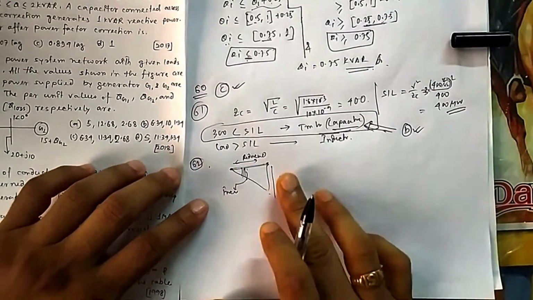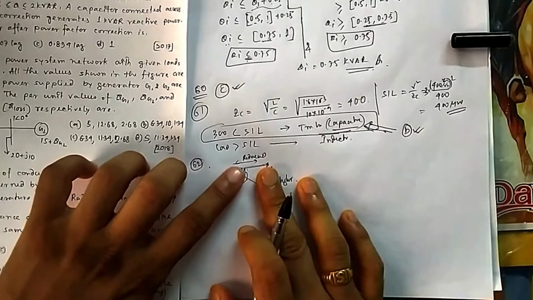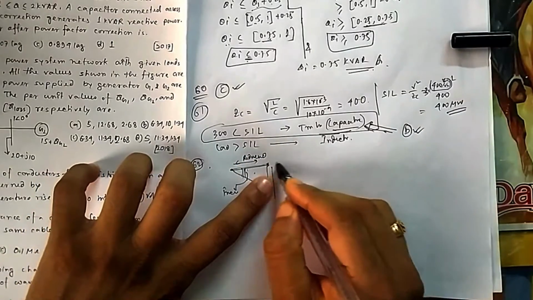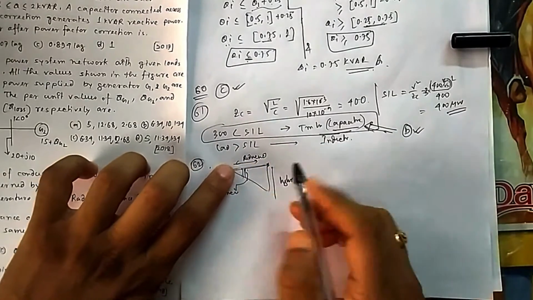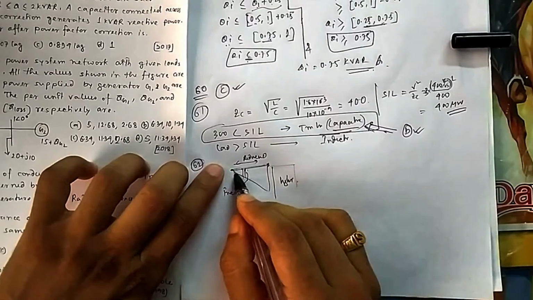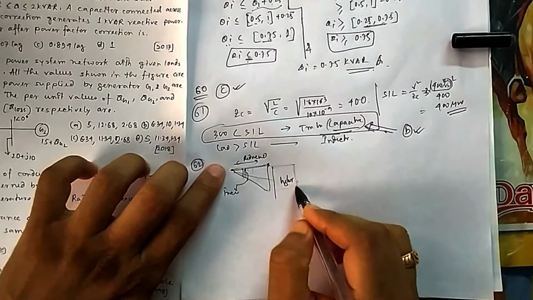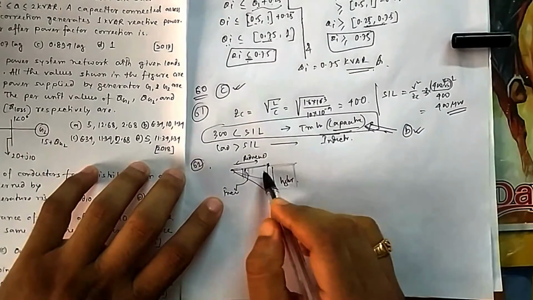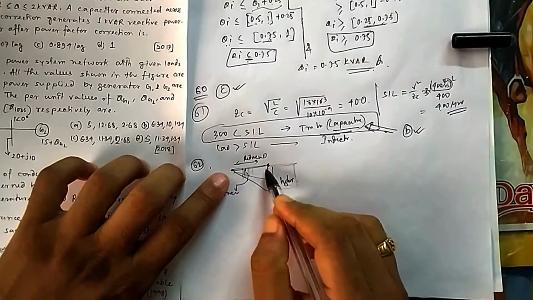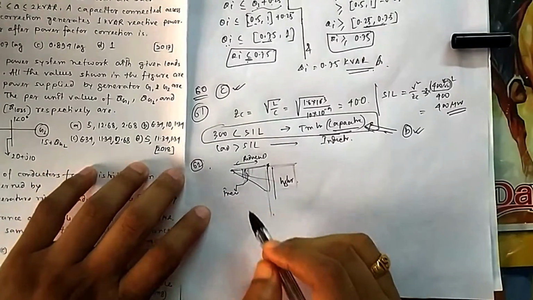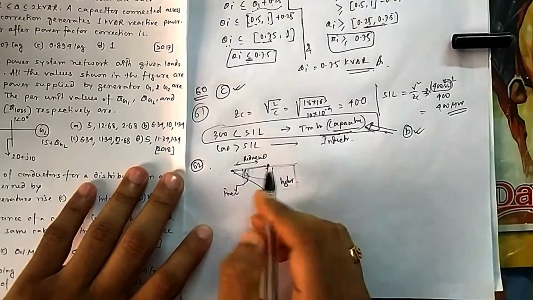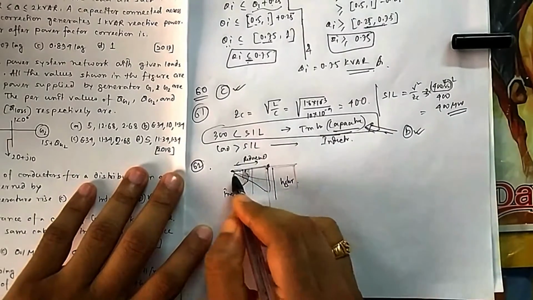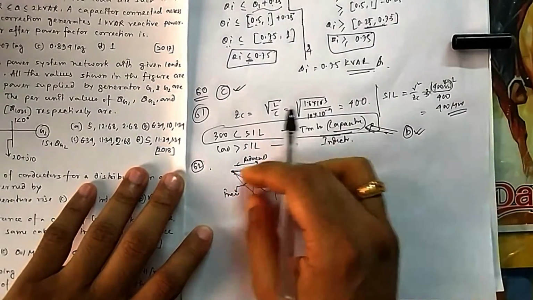If you increase this while maintaining the same height, then this angle will reduce. You can see this angle is reduced. If you are not increasing it, only then will the angle increase. So ultimately you have to reduce it. If you go a little further less, then the angle will be more for this height.